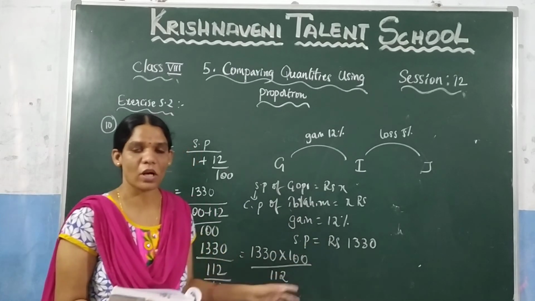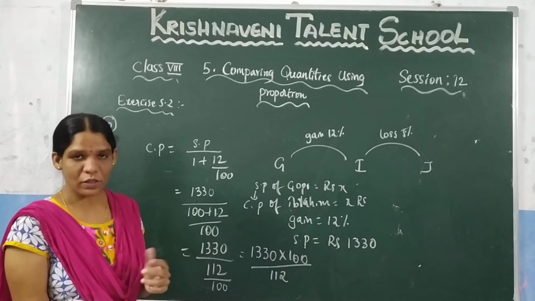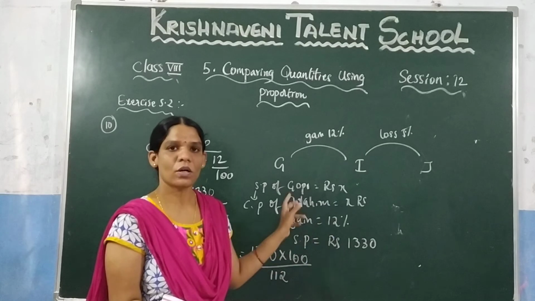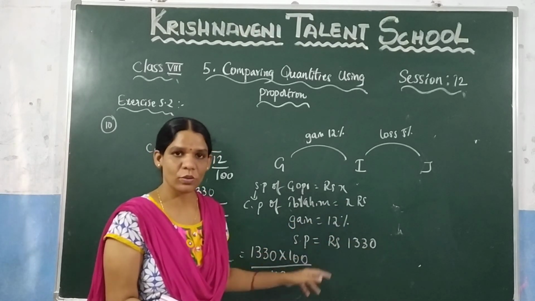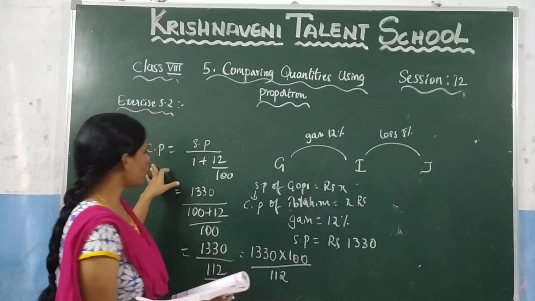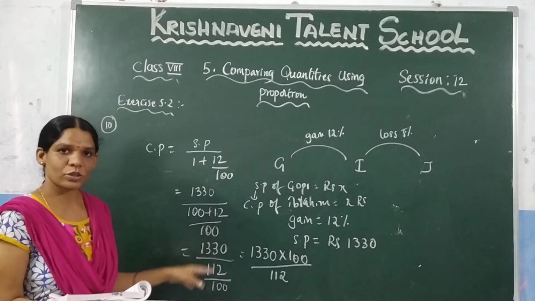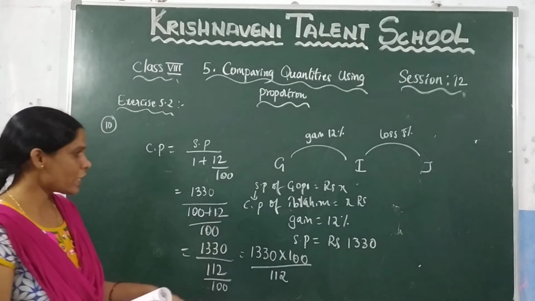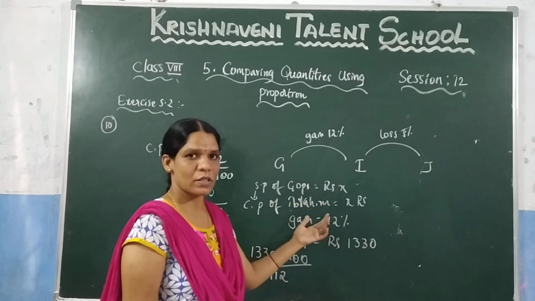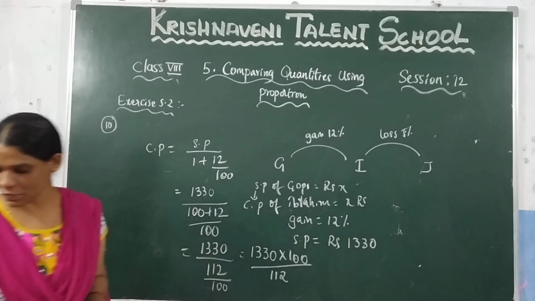of Gopi. So what they have asked in the question is how much Gopi sold it for. So here Gopi's selling price is nothing but the cost price of Ibrahim. Since we know the selling price of Ibrahim, we have calculated using the formula: cost price is equal to selling price by 1 plus 12% by 100. So that we have got the cost price of Ibrahim. The same thing will become the selling price of Gopi. So like this you need to solve the question. So let us write the proof of this one.